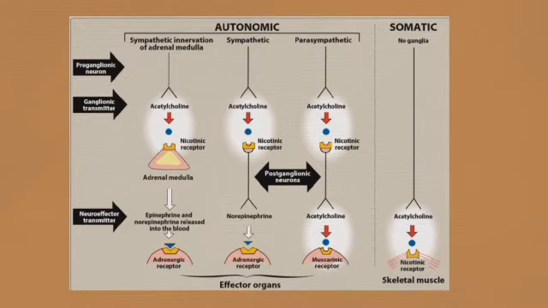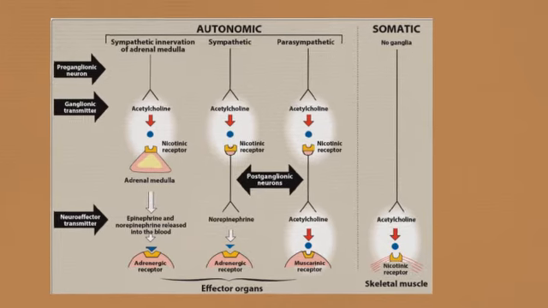When we are talking about acetylcholine, you can see in this figure that the preganglionic fibers terminating in the adrenal medulla, the autonomic ganglia of both the sympathetic and parasympathetic, and the postganglionic fibers of the parasympathetic division, all of them use acetylcholine as a neurotransmitter. This is a very important concept to keep in mind. Not only in the peripheral nervous system, acetylcholine also has a very important role in the central nervous system.